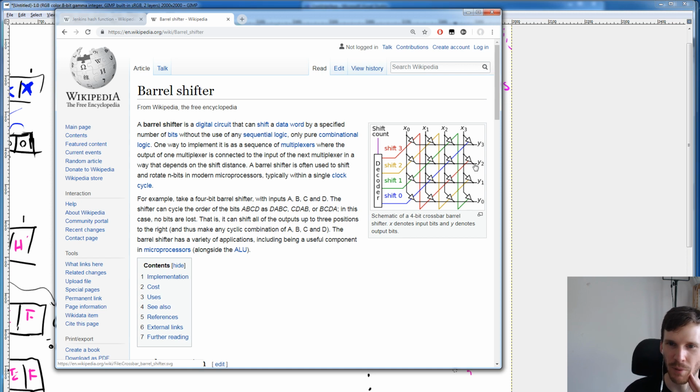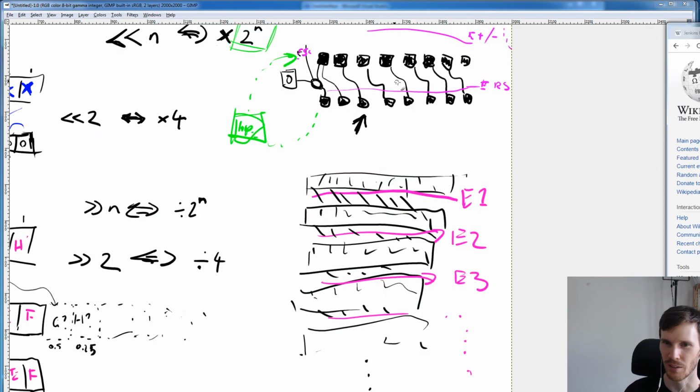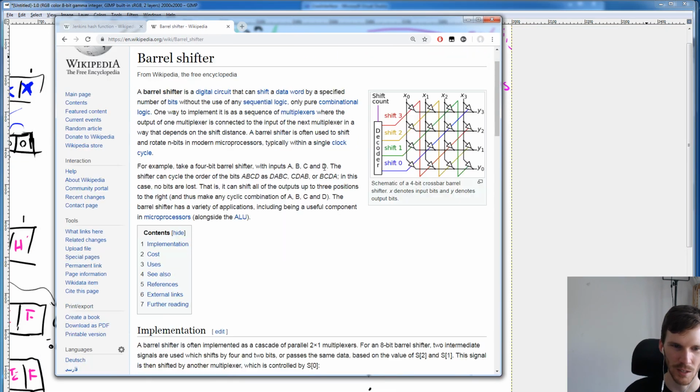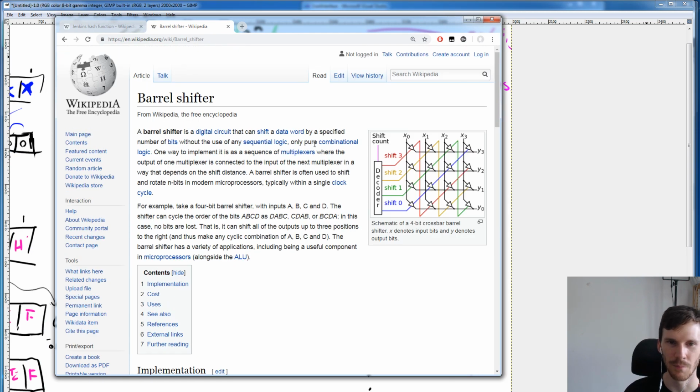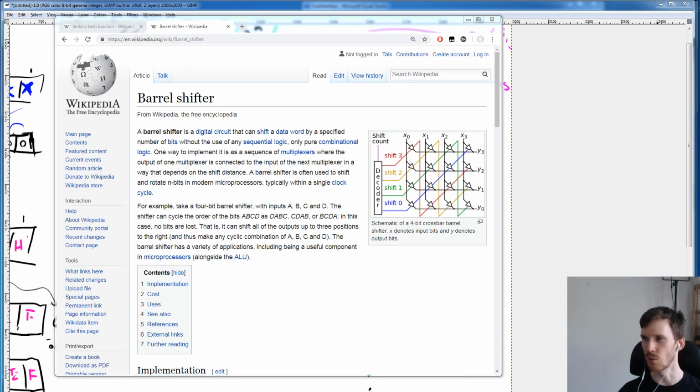So this is what a barrel shifter looks like. You can see they sort of design it so going in and out the side, so you don't have the problem that I have here, which is it's all going top to bottom. I mean, actually, I think they do implement it top to bottom effectively. What I want is